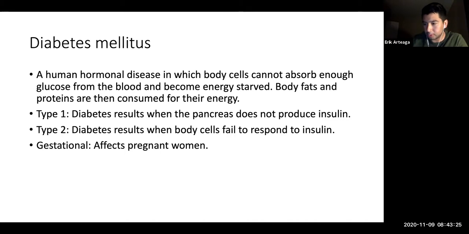And typically what you see with these individuals as well is if they don't have consistent food or consistent consumption of glucose, you see them having low blood sugar, right? And you see the fainting occur. But you can also see high blood sugar as well if they're not properly taking their insulin or they just don't know they have diabetes yet.